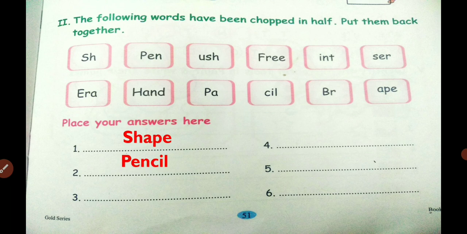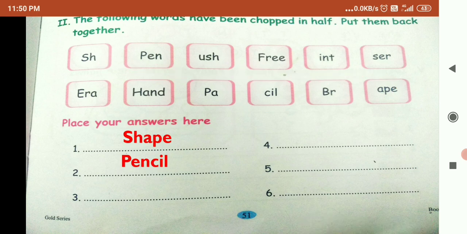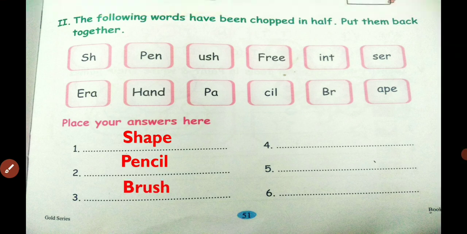Then see the third one, which you can see from down onwards. BRUSH, brush. Then you write BRUSH, brush.